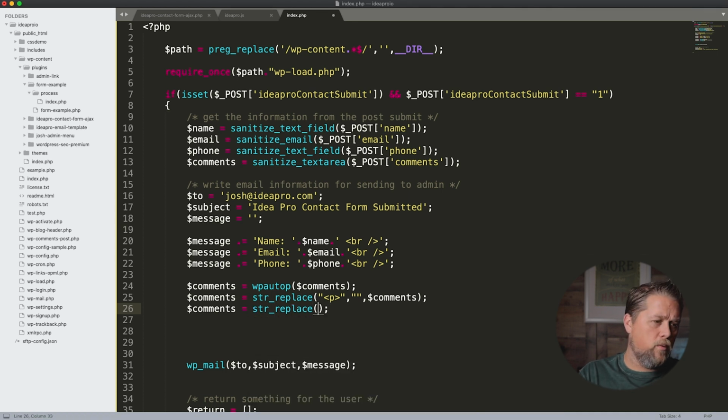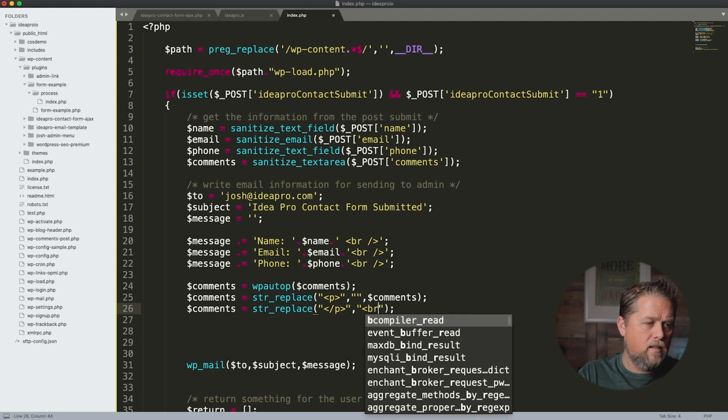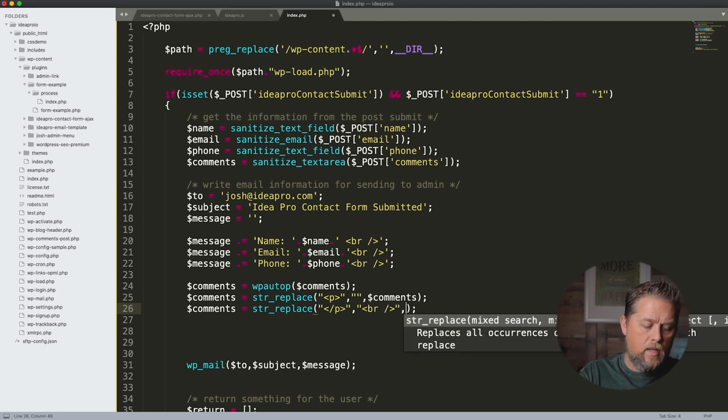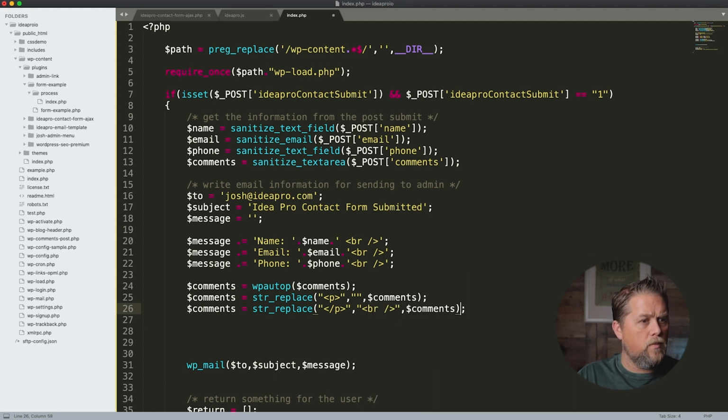Now this one we're going to remove the closing P tag, and we're going to replace it with a break. Okay, in comments. Okay, because paragraph tags aren't recognized in most email platforms, so we have to send a break